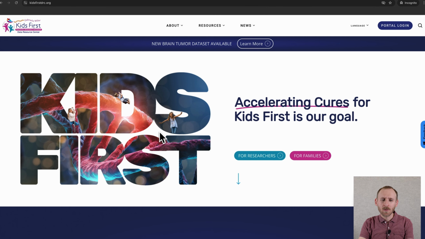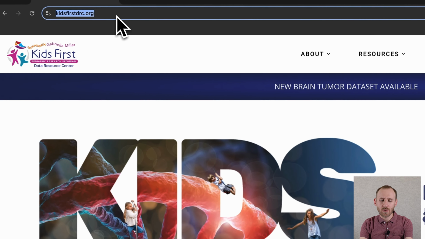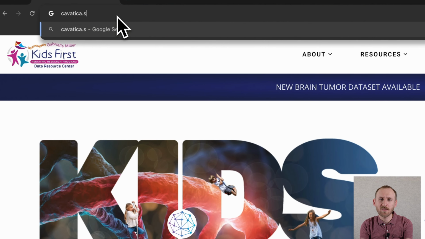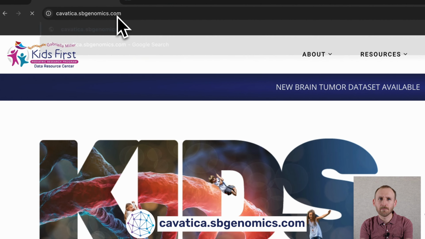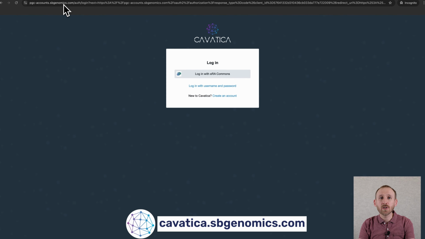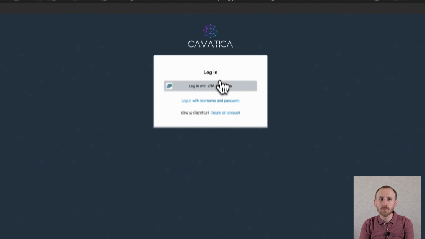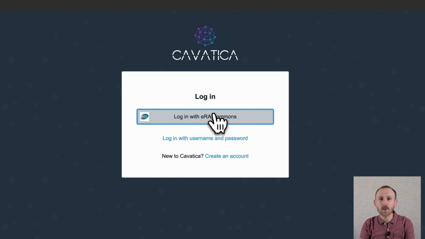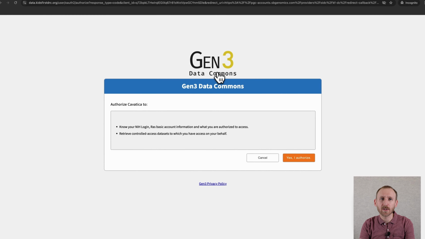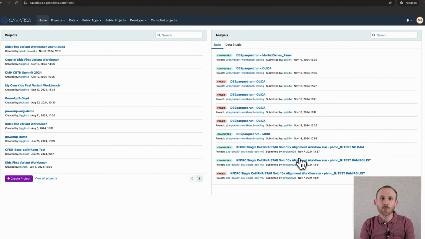We'll start by navigating to cavatica.sbgenomics.com. From here, you can either create an account or log in with a username and password or with an ERA Commons ID. We'll log in with ERA Commons and click through to authorize access via Gen 3. This will bring you to the CAVATICA dashboard. Your dashboard will be unique to you as a user, so your display may vary from what you see here